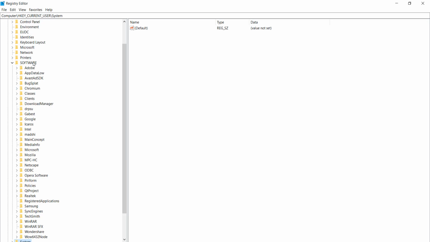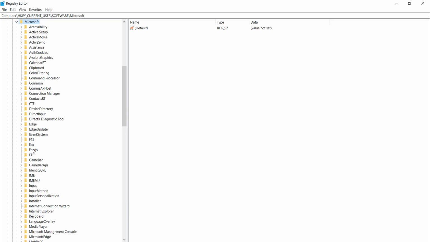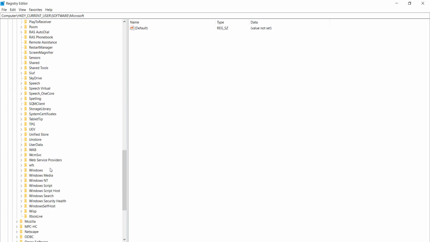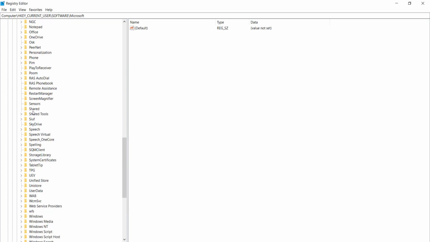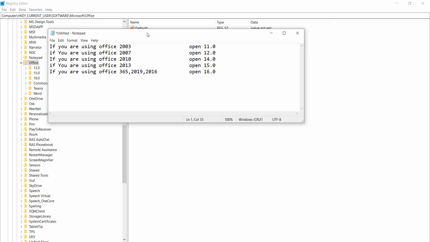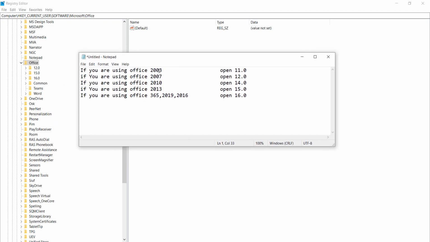After doing this step, select Microsoft and expand it. After doing this step, find Office. Now here is Office, and expand it. After doing this step, if you are using Microsoft Office 2003, then you can open 11.0. If you are using a